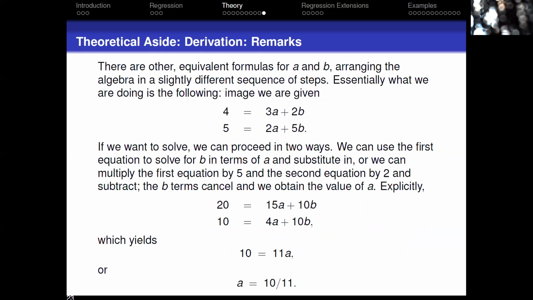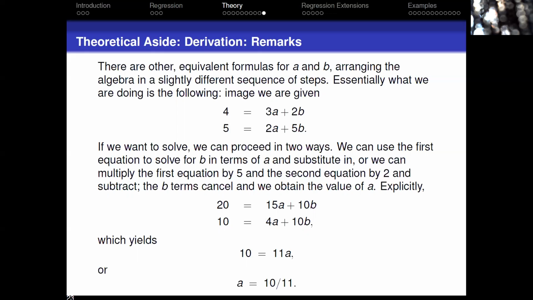All right, so to just recast this, if you haven't seen linear algebra, imagine I give you the equation 4 equals 3a plus 2b and 5 equals 2a plus 5b. And you might have stuff like this when I give you cookbook optimization problems. Well, one way to solve this is I could say (4 minus 3a) divided by 2 is b, and then